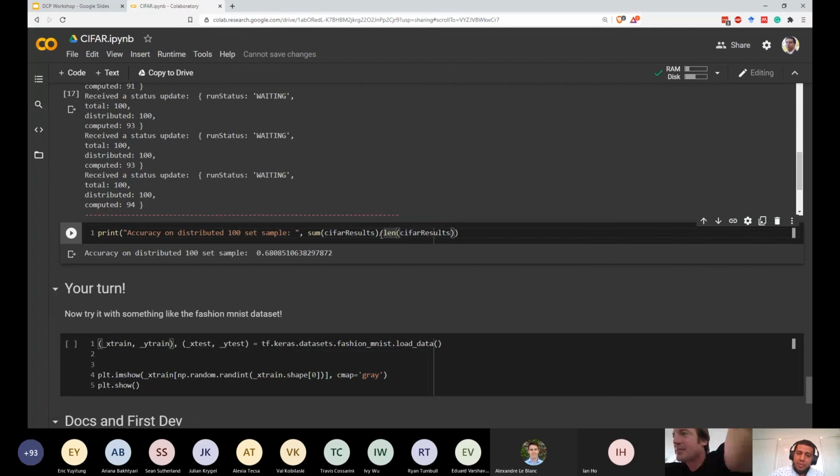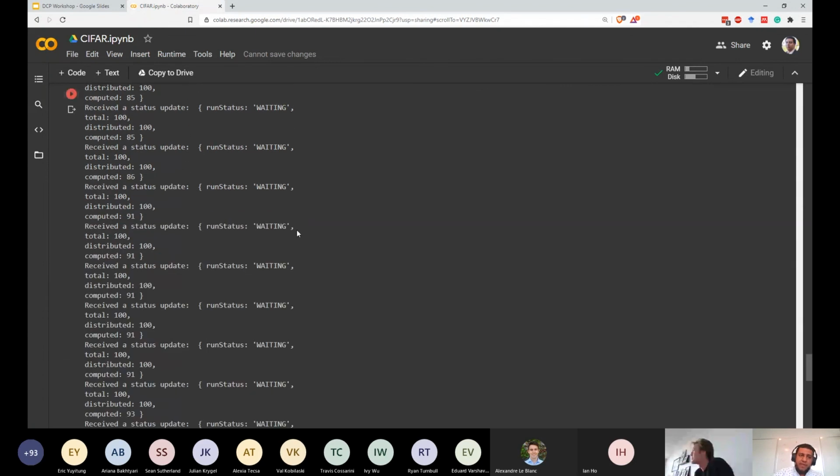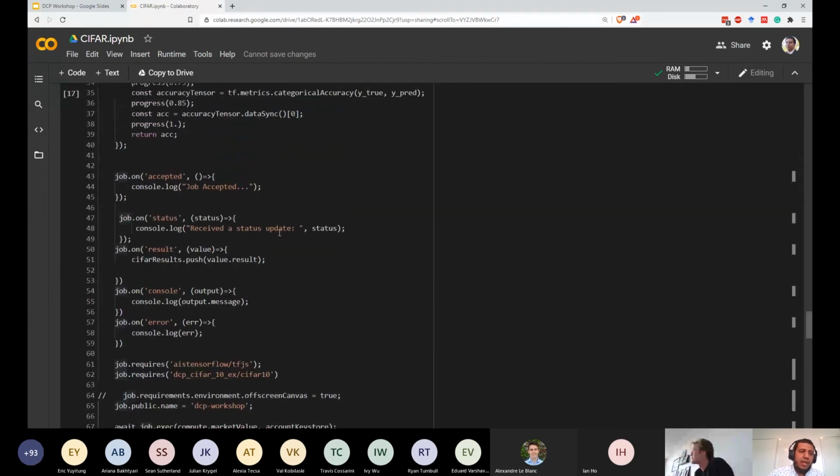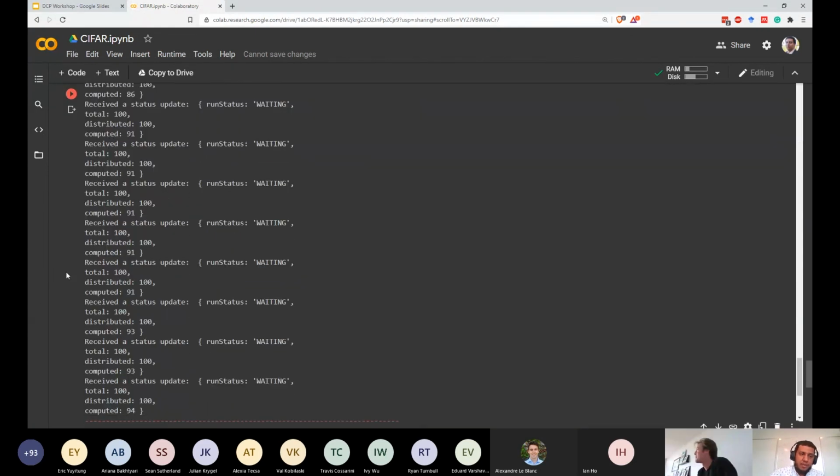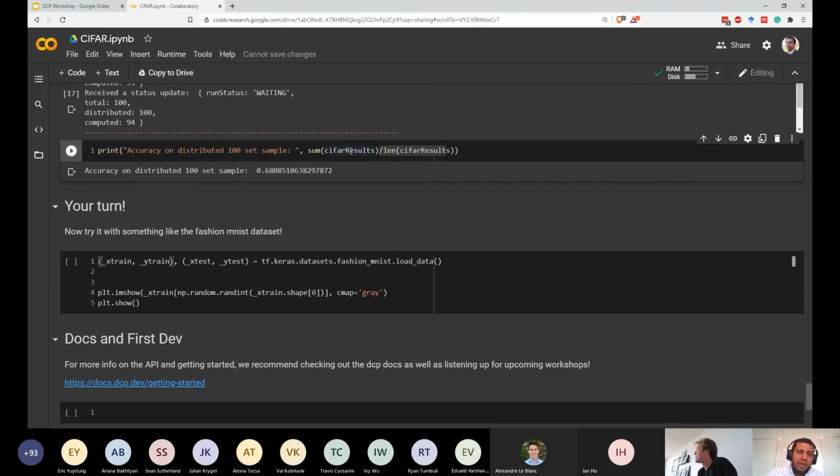and we divide by the number of results that we got back. Our accuracy on the distributed 100 sample set is 68%. So that's a very simple example where we distributed out our job and got results back very quickly, and is